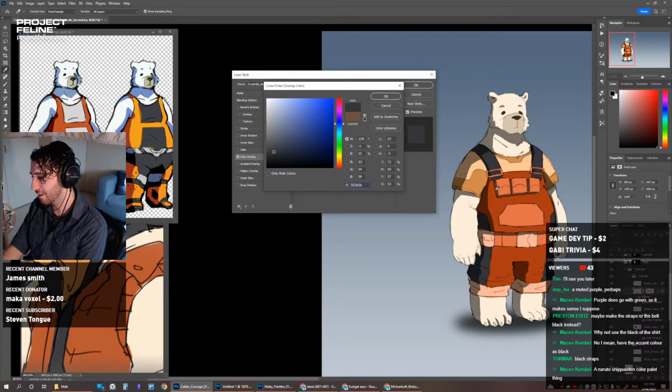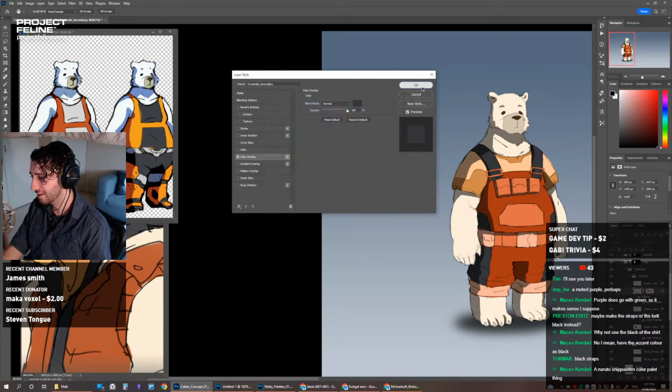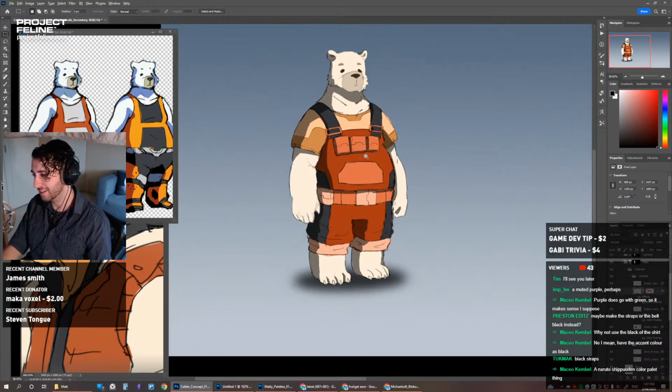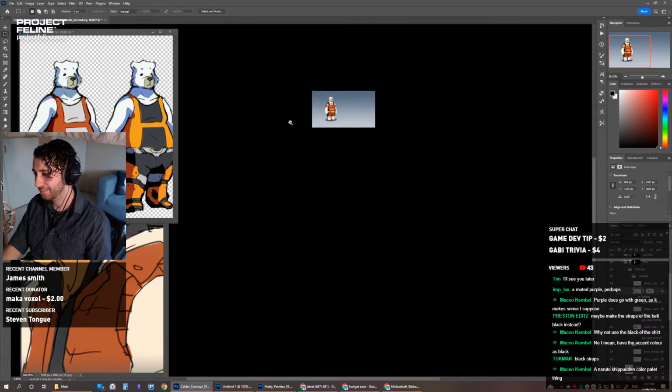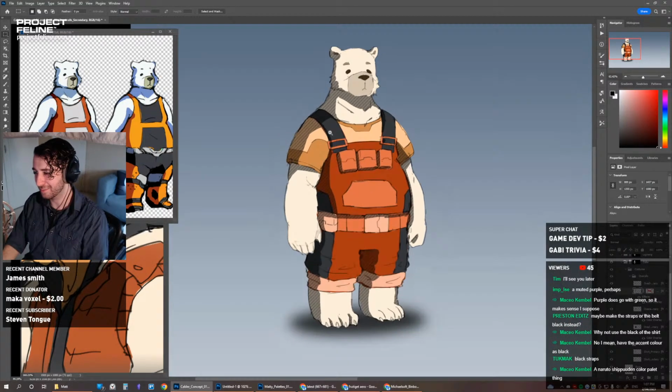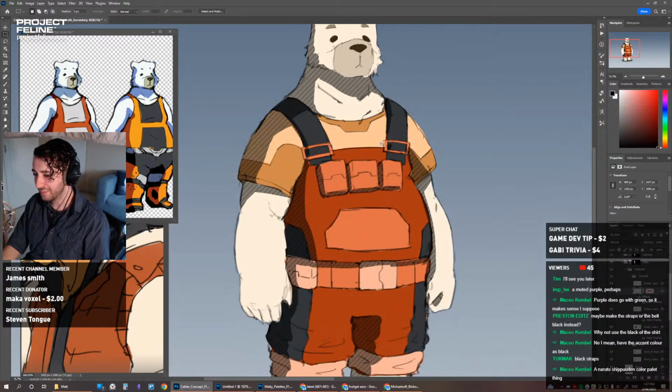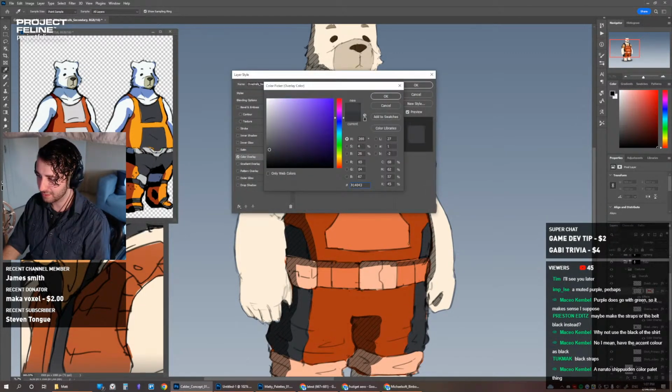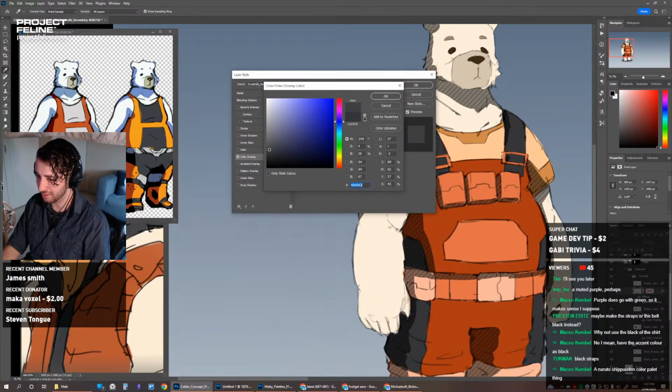Oh, hey, maybe we can put in a bit of that gray, just not everywhere, just in little accents. Maybe that. I'm actually digging that a bit. Is that the same? Oh, it's a slightly different shade.